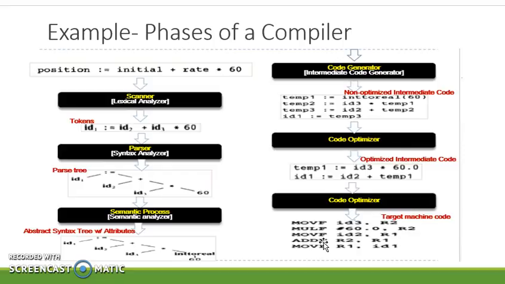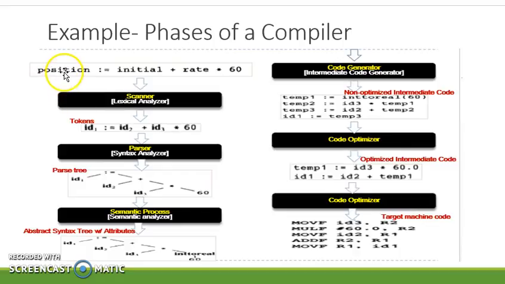The first line shows the actual statement: position equals initial plus rate times 60. The scanner, or lexical analyzer, accepts this statement and parses it into tokens.